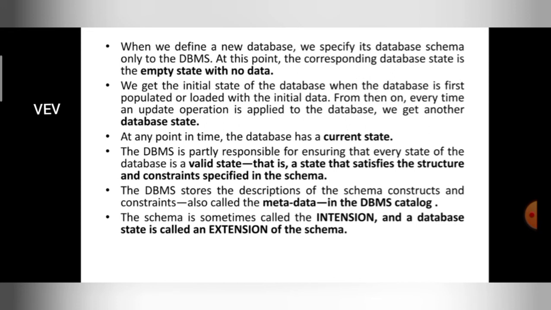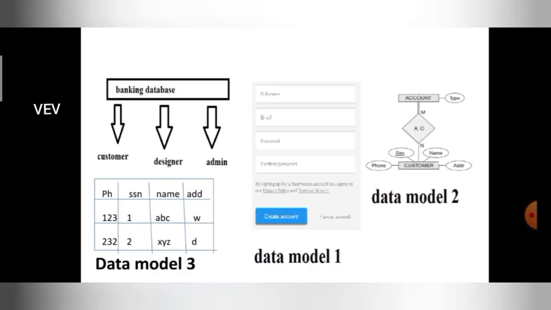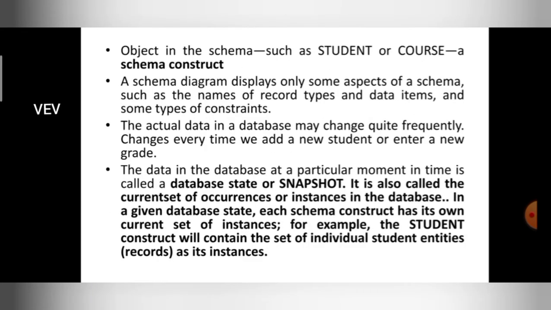Next, when we define a new database, we specify its database schema only to the DBMS. When we are creating a new database, there won't be any data in the database. Obviously it is a new database. If you do not include any data in the database, then it is the empty state. Empty state happens if you delete all the data in the 2 rows, then it is an empty state. When you are creating the new database, in the starting initial stages, your database will be empty, right? Next,